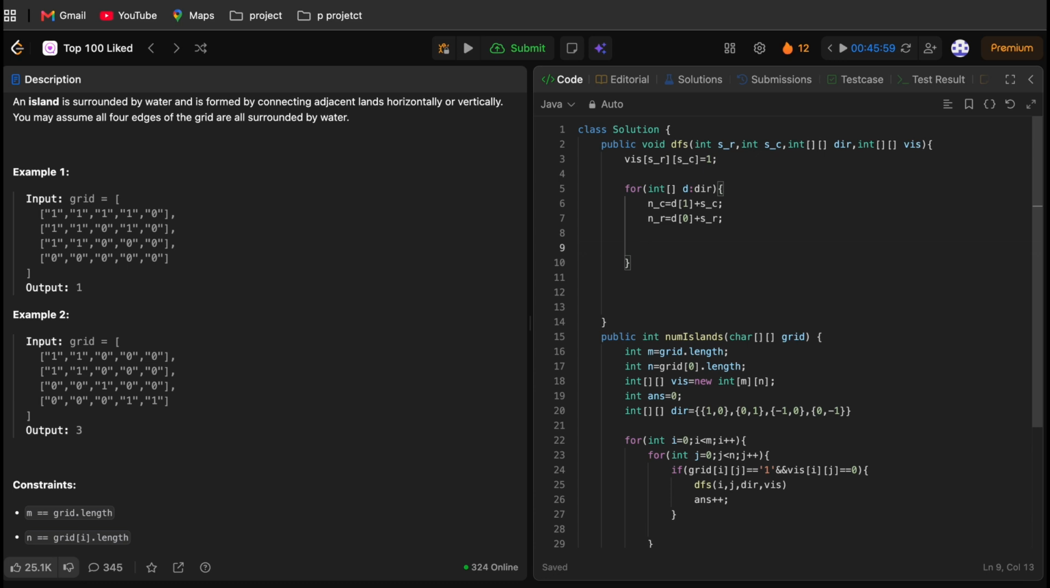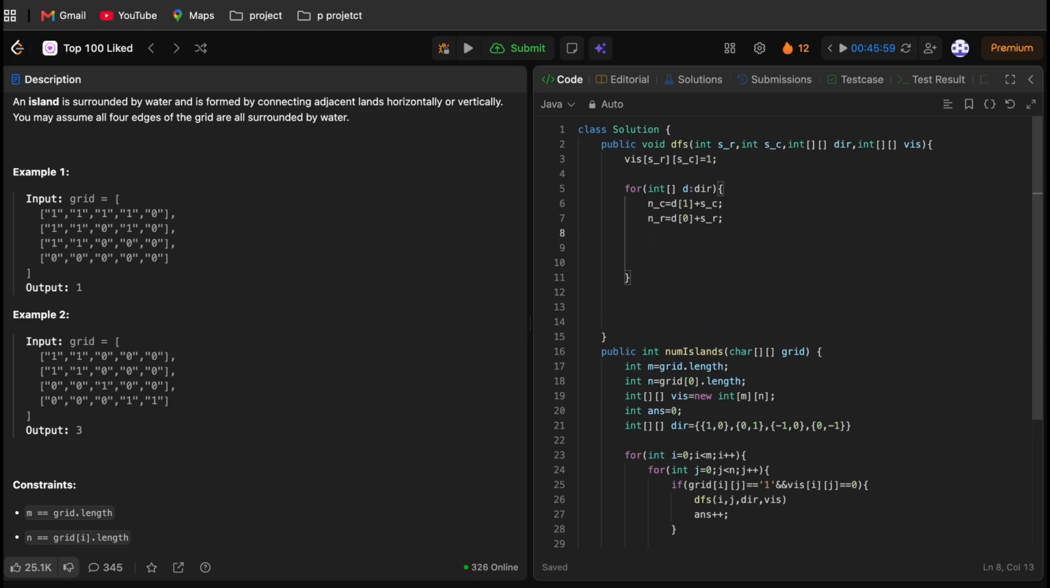So if our new row and new column are out of the bounds, let's suppose we are here and we are moving out of the bound, we move to the left, then we don't have to do anything. So let's make an if condition that if we are out of the bound, we don't have to do anything. So we have to be in bound. So if our new